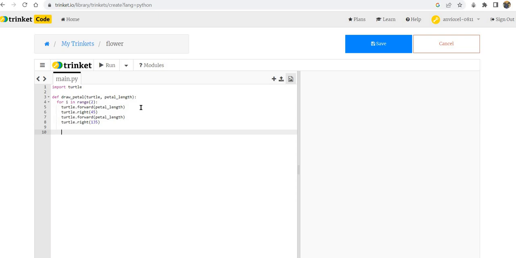Now we'll declare the function draw flower with a specified number of petals, calling the draw petal function. And let's proceed. We'll define draw flower with turtle, petals, petal length, for i in range petals,